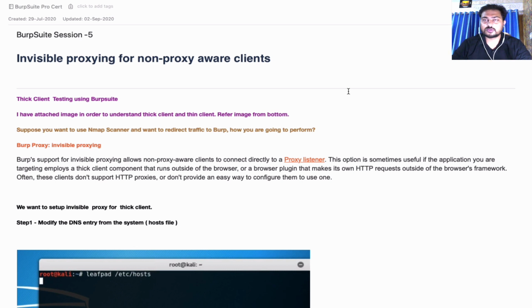Here, one question always comes to our mind: suppose I want to use the Nmap scanner, and when we type the Nmap command in our terminal, how can we redirect that traffic to Burp, and how are we going to perform it? In this section I'm going to teach you about the Nikto part. We are going to run the Nikto command on our terminal, and then redirect that traffic to Burp. This is one of the best techniques